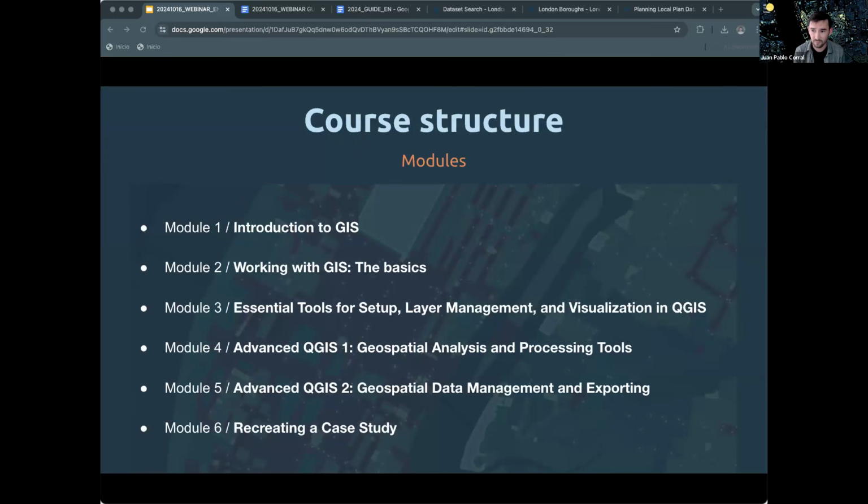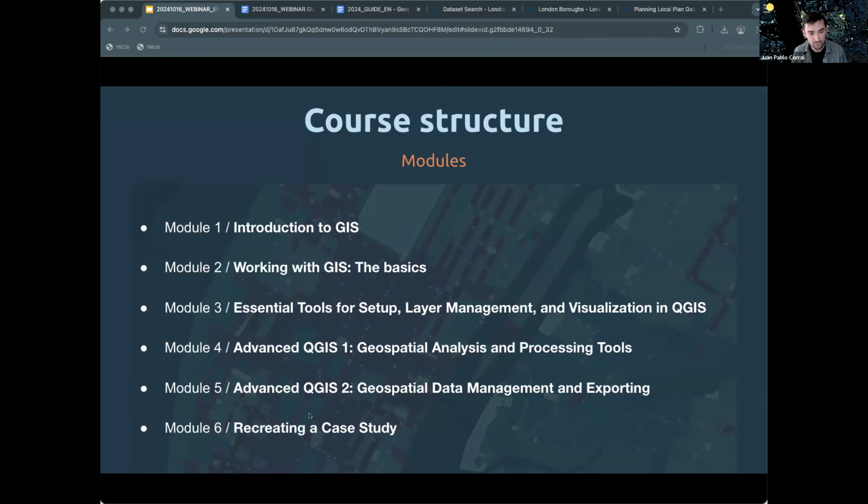I will explain what a vector layer and a raster layer are. You will also understand what the common field types are, what a text field is, what a number field is, and the differences in terms of visualization and more. You will learn how to acquire data from different sources, and we'll also show you other case studies about this.